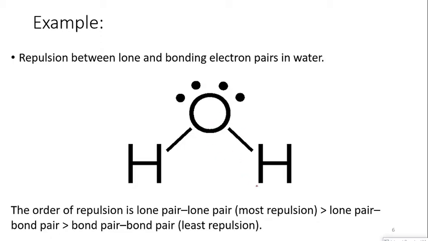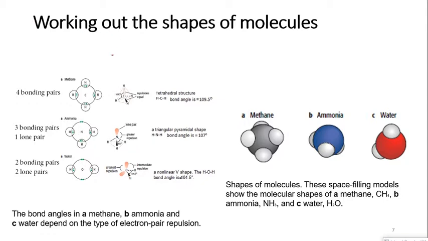I could see that between the hydrogen and the hydrogen will be the bonded pairs. This will make less repulsion between these two atoms, while for the lone pair and lone pair, the repulsion between these two lone pairs on the oxygen atom will be the highest, while the repulsion between a lone pair and a bonding pair will be in between the value of the bonding pair and the two lone pair repulsion. Now, if I try to work out some of the shapes,